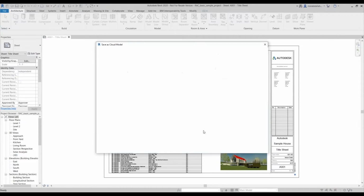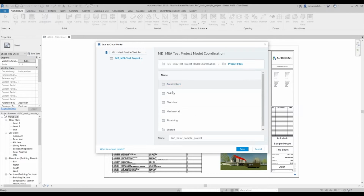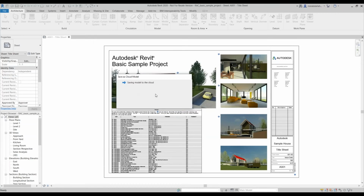Now, I am saving this local model into BIM 360 Docs, which is the cloud. It's going to take a bit of time to open the path. You can notice that it's the same path that I accessed my previous model from. Those are the hubs that are available for me to post models on. And if I go to the folder that I want, let's say I want to post it under electrical, all I have to do is click save here,